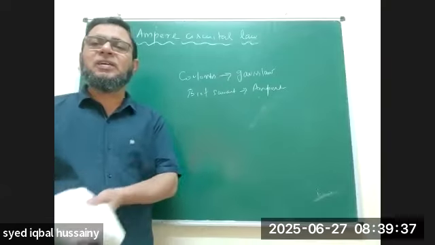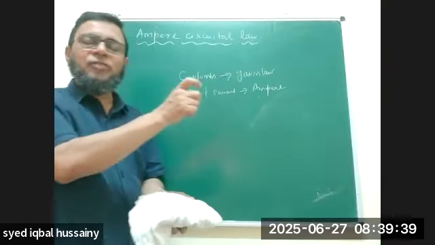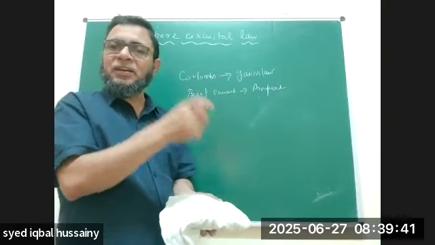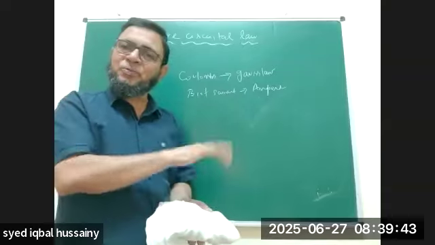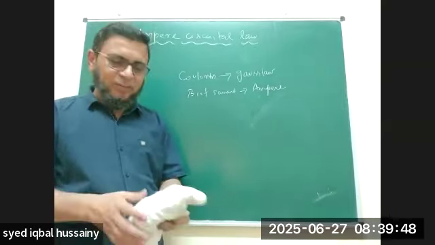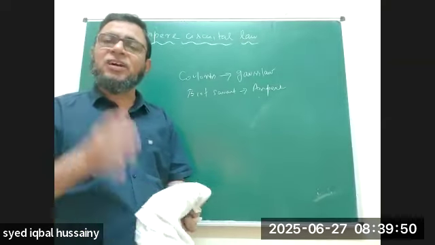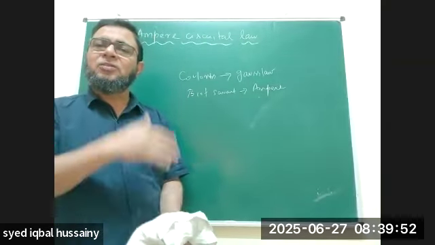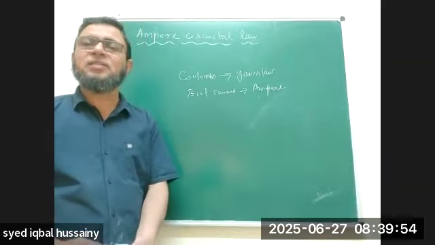In the same way, if you see in the second chapter, instead of the electric field, you have to put electric potential. Derive an expression for the electric potential due to a dipole at an axial point. Derive an expression for the electric potential due to a dipole at an equatorial point. Derive an expression for the electric potential due to a point charge or any general point. All these things you see in the second chapter, but in the fourth chapter, in the same